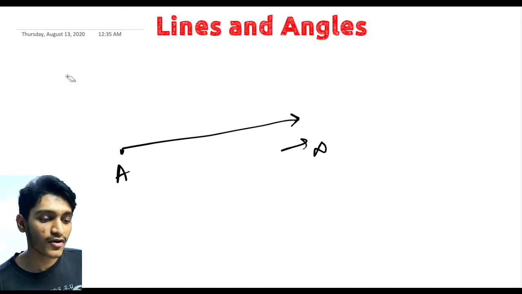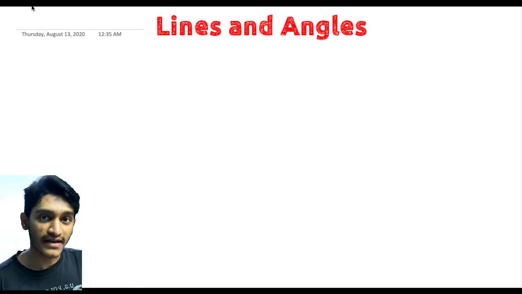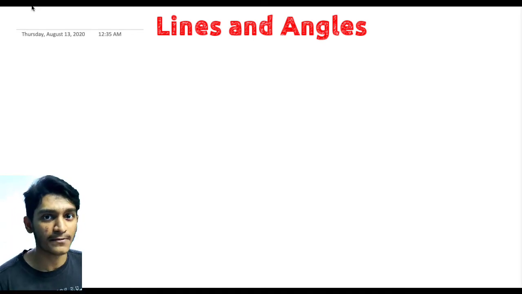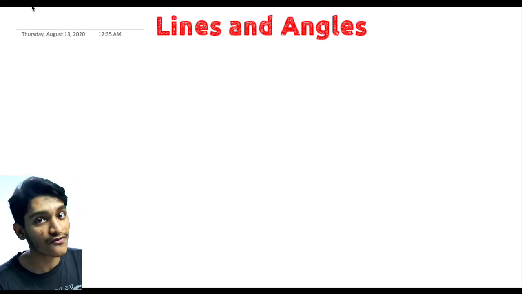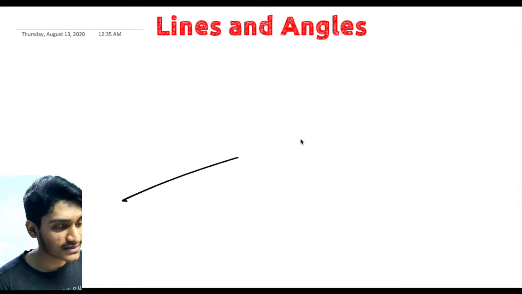Now we know the basic terminologies, which are the line segment and the ray. Now why are we learning about the ray? This ray is very important in the formation of an angle, which is in the name of the chapter. Since we are going to read about angles, we have to learn about how angles are formed in the first place. So an angle is formed when two rays, something like this,